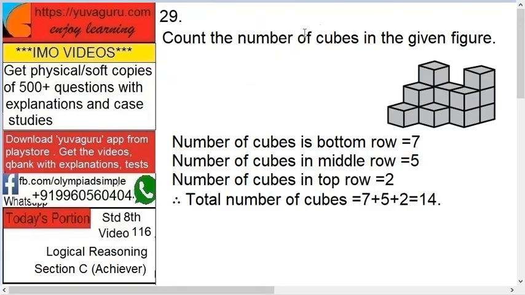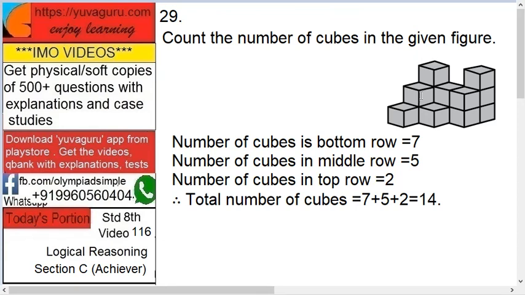Okay. Count the number of cubes in the given figure. This is the figure and we have to count the number of cubes. See this. You have to imagine. Total number of cubes in the bottom row: 1, 2, 3 and this 4. Okay, 4 you can see over here. But look at this cursor. Below this one and this one, there are also 2 more cubes. And below this third, bigger cube, there is also one more cube at the end, right? So 3 over there. So 4 plus 3 is 7 in the bottom.